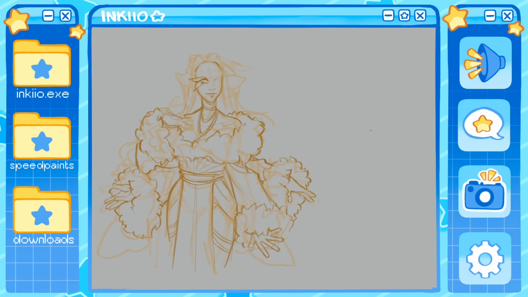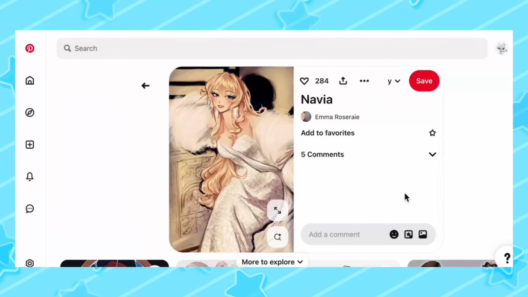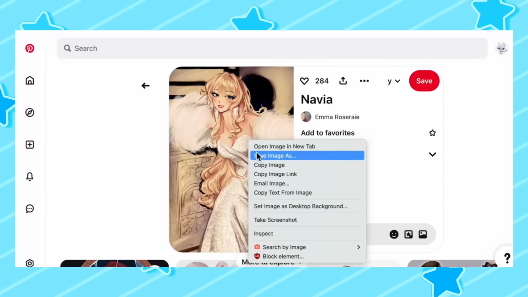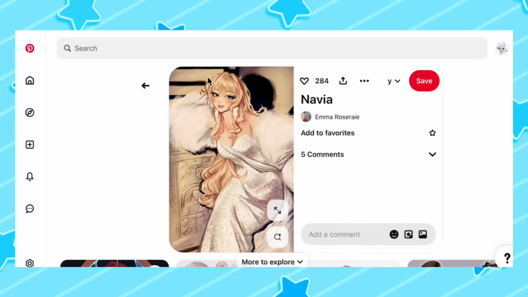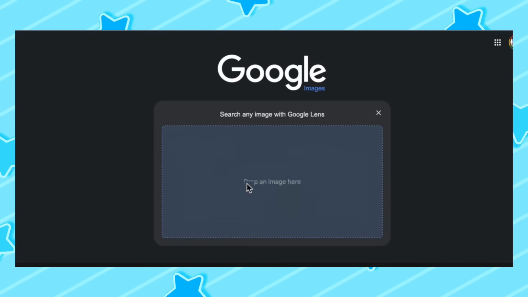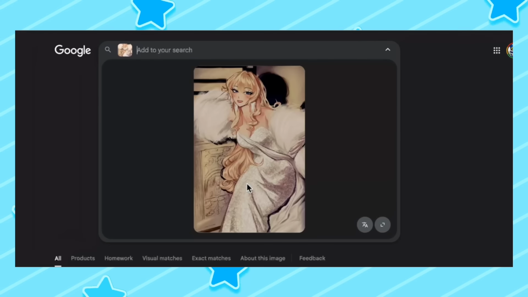Normally I insert sprites of characters I'm taking inspiration from, pictures from Pinterest, just a side note for doing things like that. Oftentimes on Pinterest, artists aren't properly credited. I'm on Firefox, but I imagine that this is probably on Google Chrome as well. I have an extension called Search by Image, but you can also do this manually. Dragging the image into Google Images and then searching by exact matches.